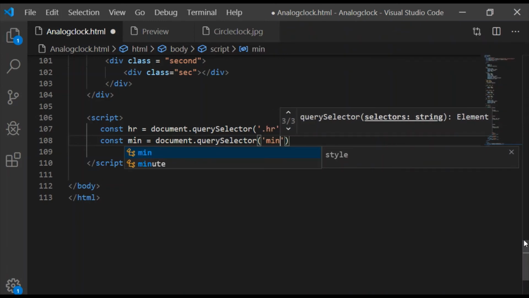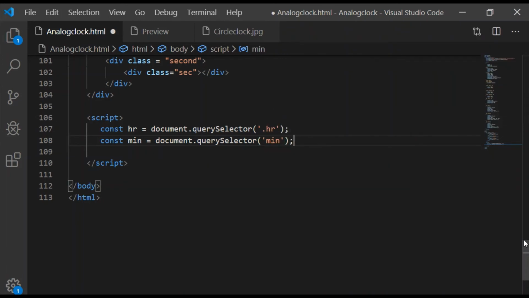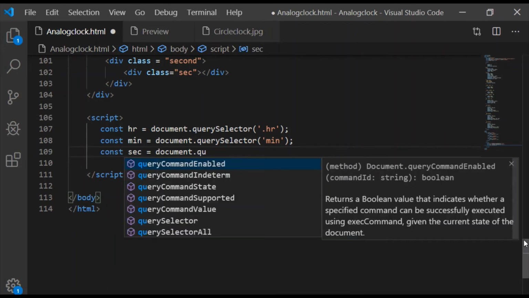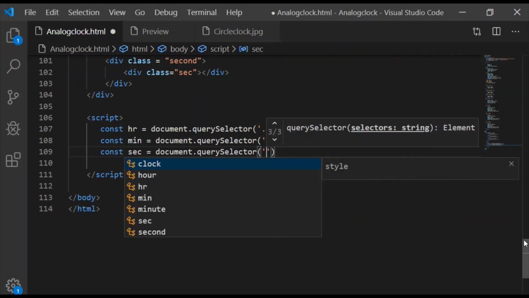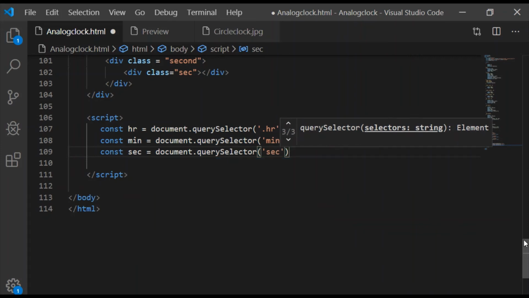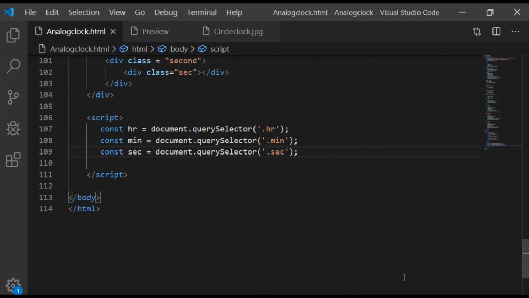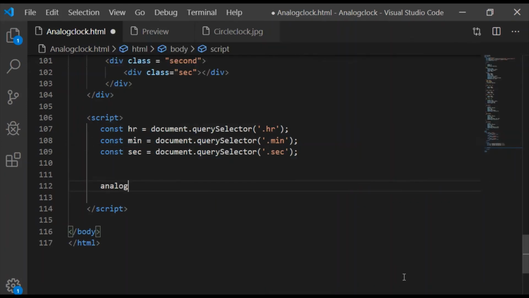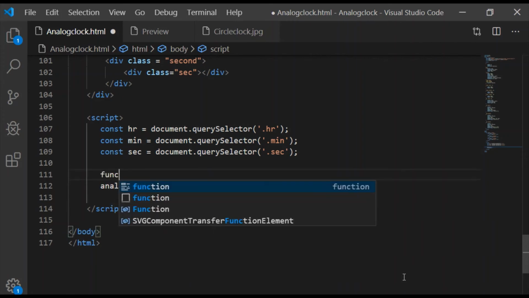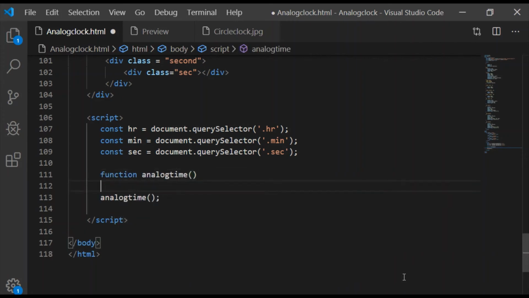Similarly, for minutes and seconds, we will use the same document.querySelector and get their appropriate minute and seconds classes. Now we have got all these 3 movable hands in the variable HR for hour, MIN for minutes and SEC for seconds.